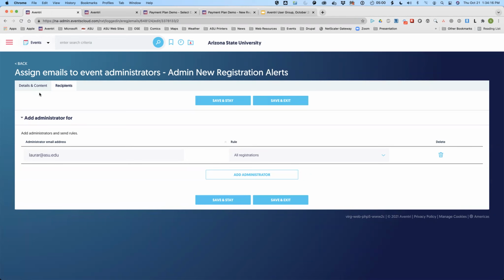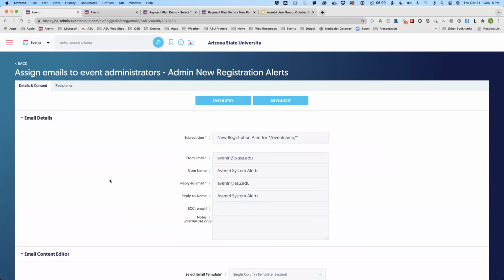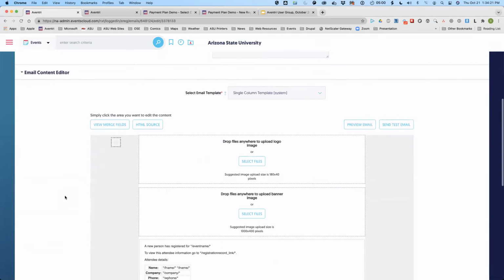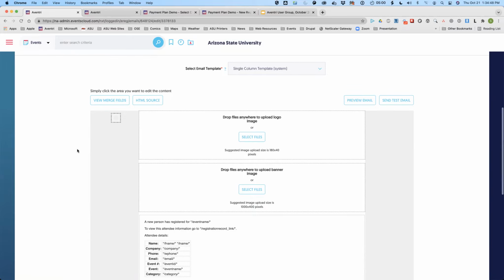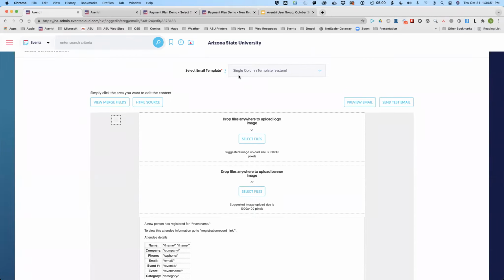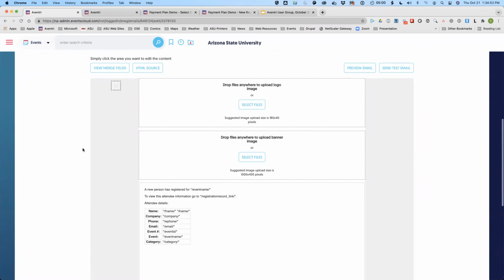Let's see. One other thing I want to point out down here, because this is the only place you'll run into it. We had a choice of using the Aventri built-in single column template system or creating a custom email. For our system emails and for the scheduled emails, we opted to go for the custom HTML templates. So those are our templates. We thought people were more familiar with it from version 1. We thought actually a little easier to use and also a little easier for us to maintain. But here you will see it defaults to the single column template system, which looks like this.